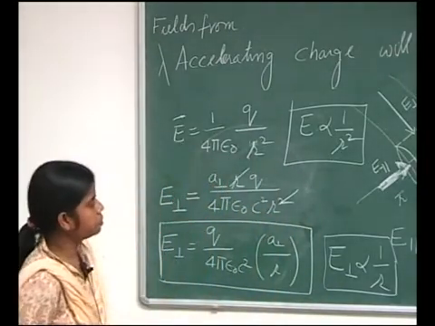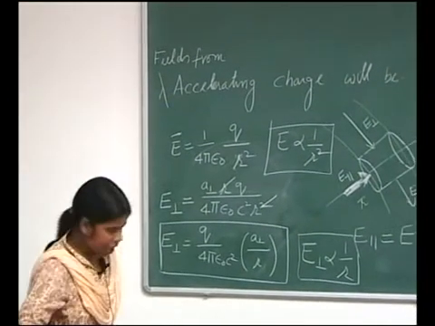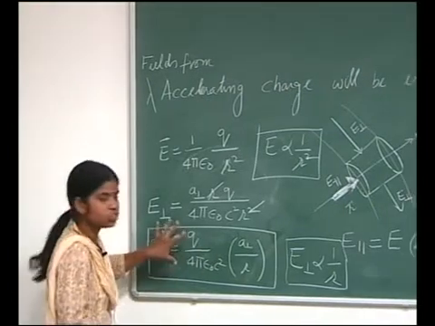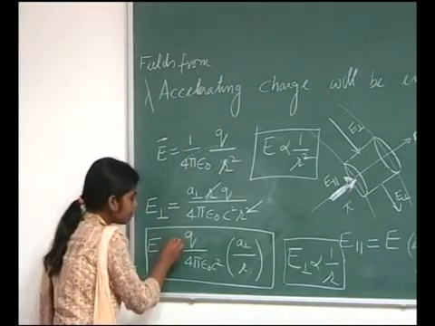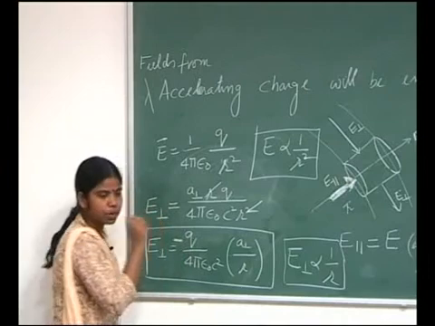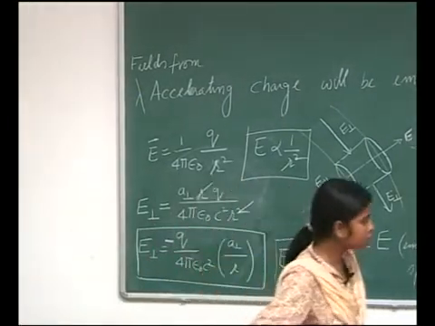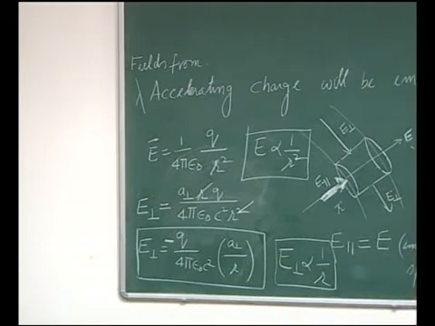And I will give you one more thing, this expression is not yet complete. Here I will have a minus sign and I will explain why, where this minus sign comes from suddenly. To understand that,